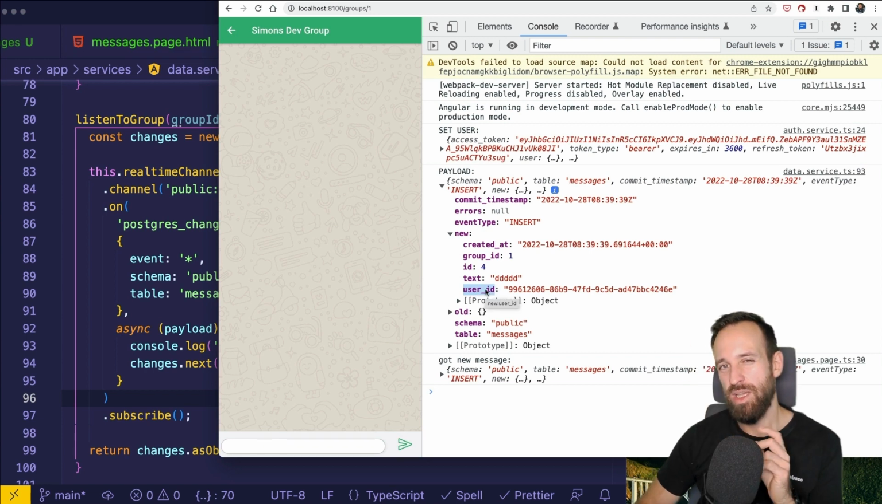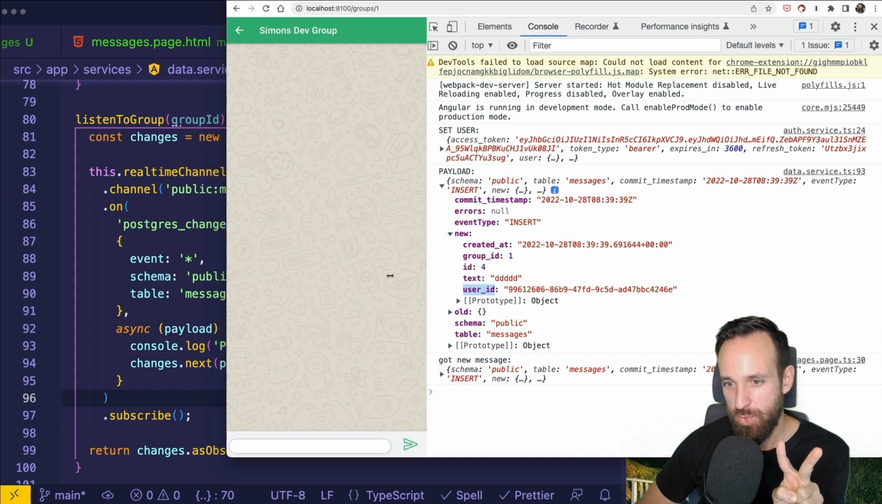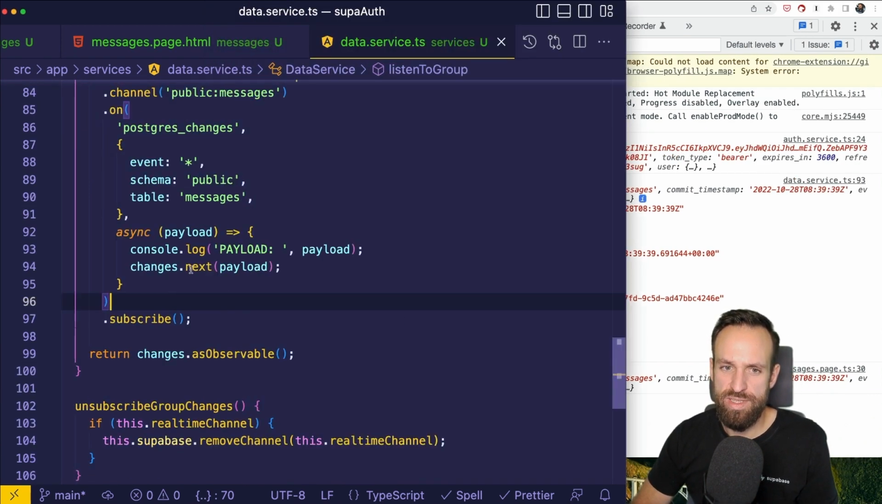So that means we need to do two things. We should first of all check if the group ID actually matches. And second, we should resolve the user ID. And we can do this. There's no problem. What we need to do is simply